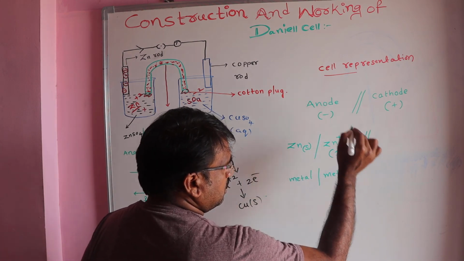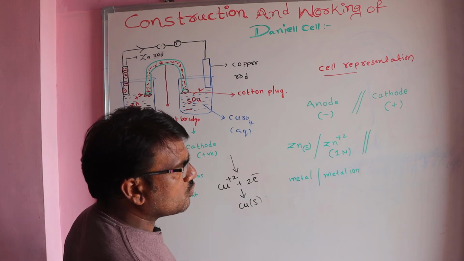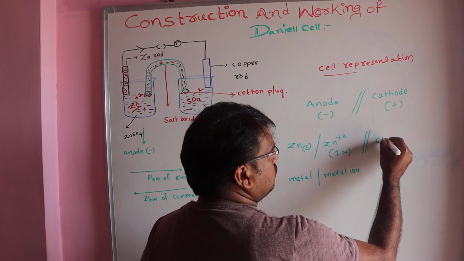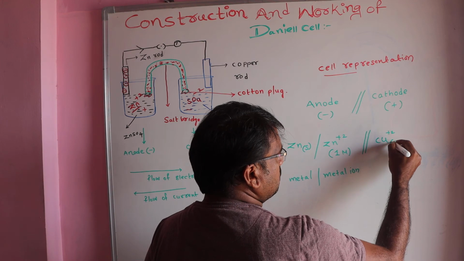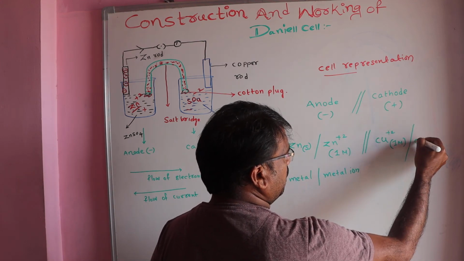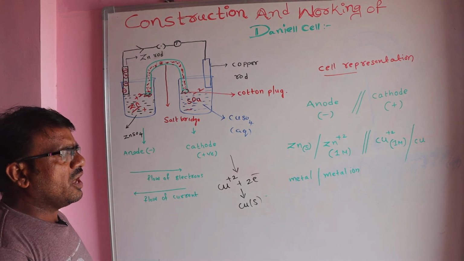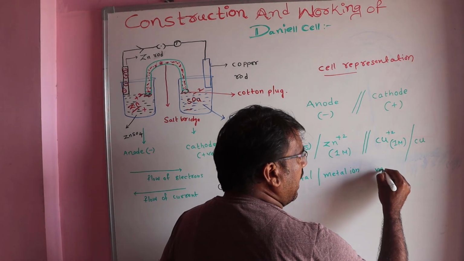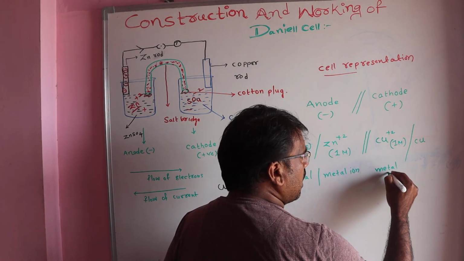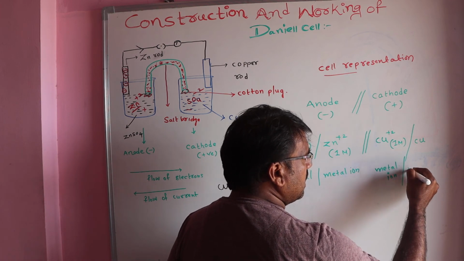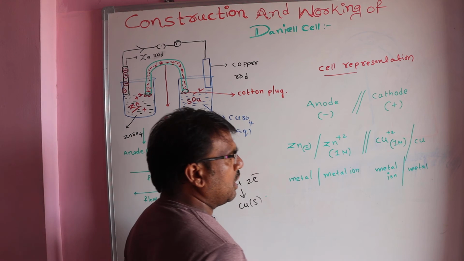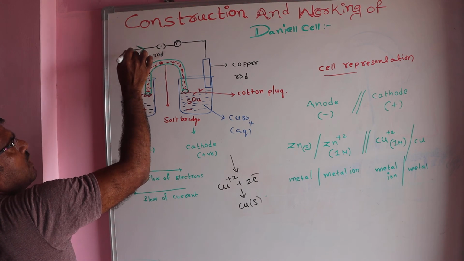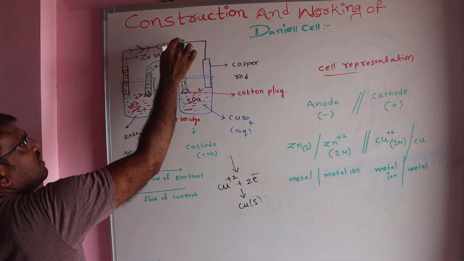Then the double vertical line indicates the presence of the salt bridge. And next one, Cu plus 2 ions, their concentration is 1 molar, and they are converted into Cu. So this is the way of representing the cell. On the anode side, the metal ion is separated with a vertical line, and the metal is represented. Whatever electrons are released by the zinc metal travel